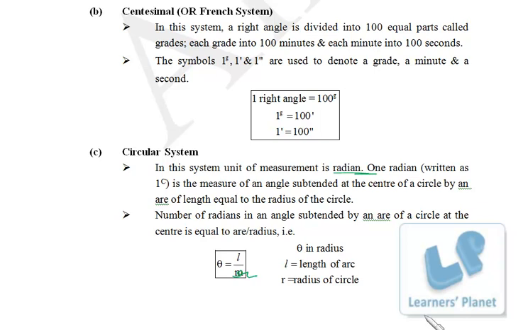If I draw a circle over here, so here this is theta, this is the length of the arc and this is the radius, right? So theta is equal to length of the arc by radius of the circle. Okay,